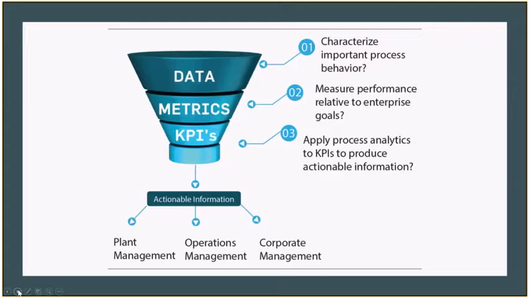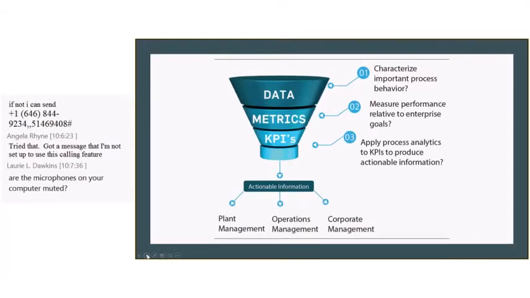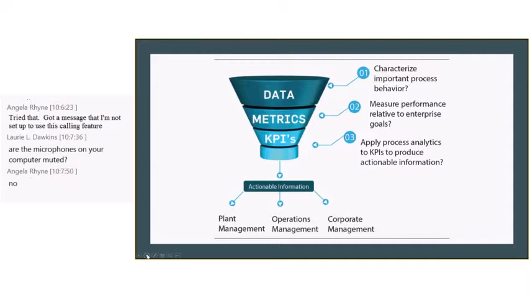And when you think about actionable data, you've got to think about that in terms of the audience that you're talking to. Different kinds of organizations need different kinds of data. This example is showing a manufacturing organization. So you might have plant management. They need very specific information around what people are doing, what machinery is doing, what supplies are coming in. So, things that are very imminent in managing the business.